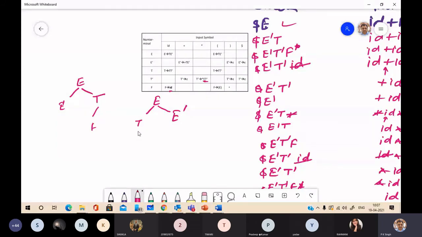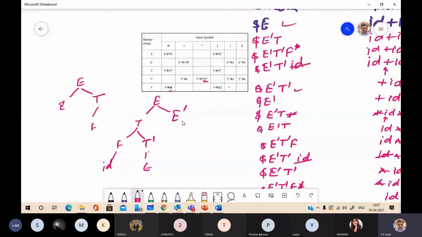Now T to F T dash, F T dash, and here F to ID. Then this T dash is replaced by epsilon here.